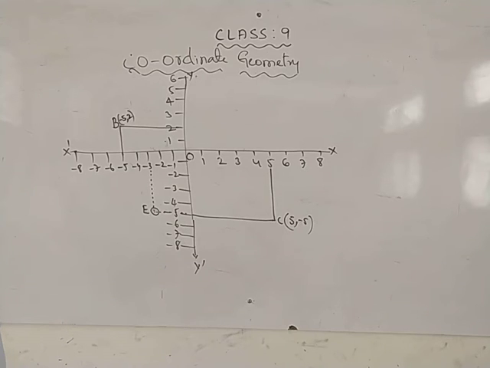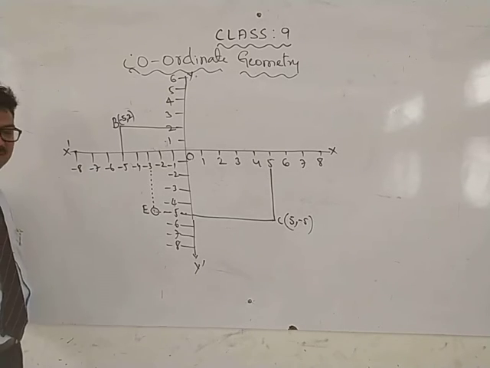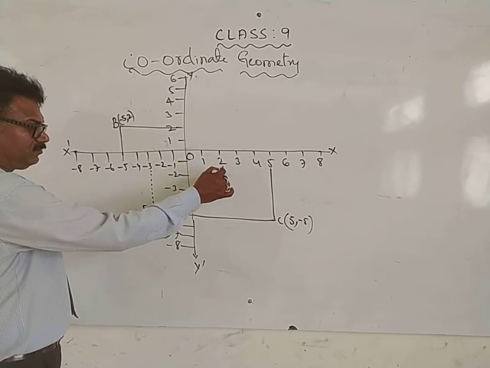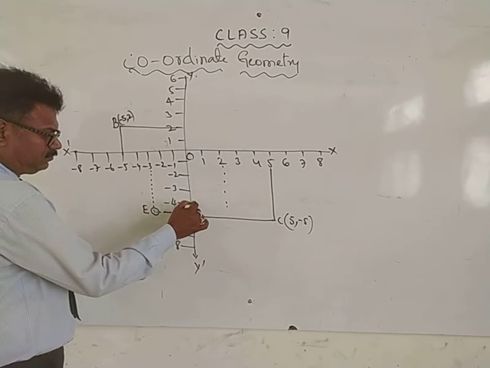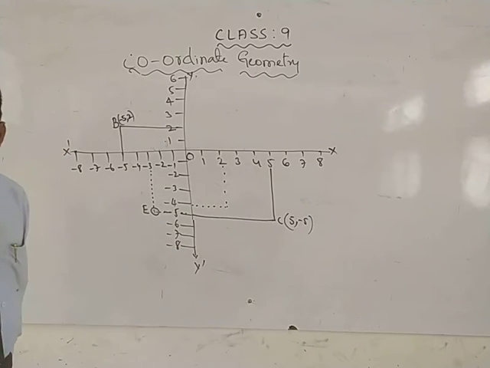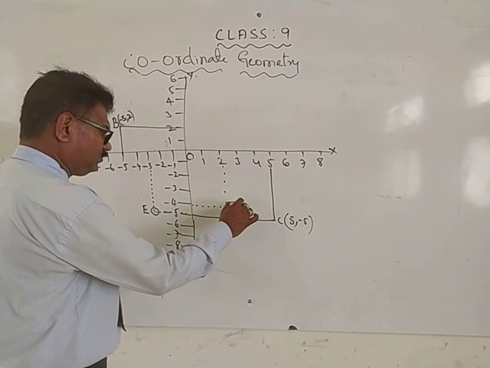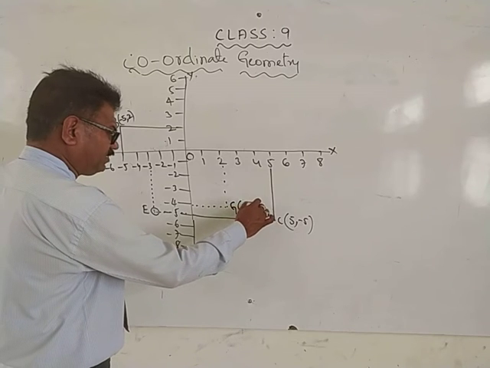Yes, next question. The point identified by the coordinates 2, minus 4. Where will 2, minus 4 come? Tell me, anyone? Fourth quadrant, second quadrant, third quadrant? 2, minus 4. Yes, what is its name? G. 2 comma minus 4.